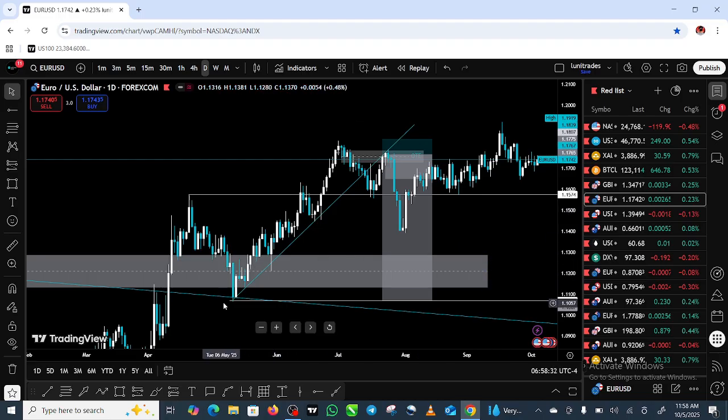Now, as you can see, we have a clean trend line: 1 touch, 2 touch, 3 touch, 4 touch, 5. As you can see, I say at least you should have more than 3 touches. So this is a high probability trend line that we're waiting for a breakout. And immediately we have a breakout here, a close below this, as you can see. So what did I say? Most trend line breakout, break and retest traders would have just, after the breakout, entered at this retest and they would have been stopped out